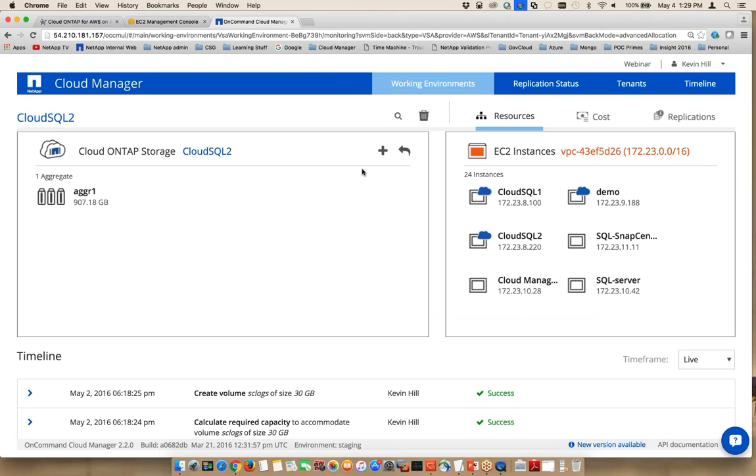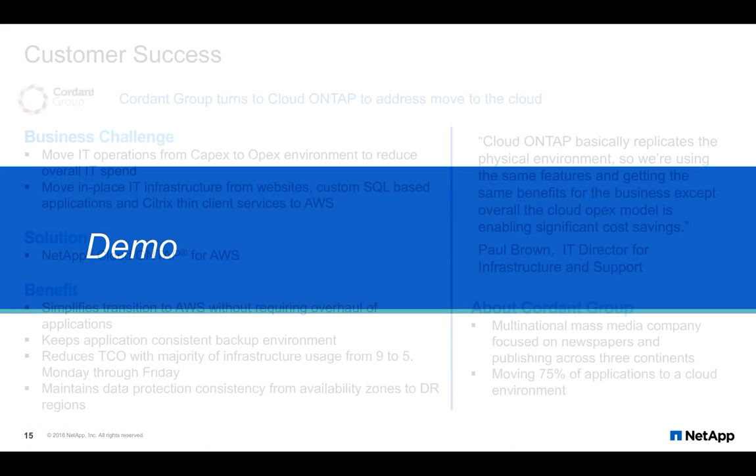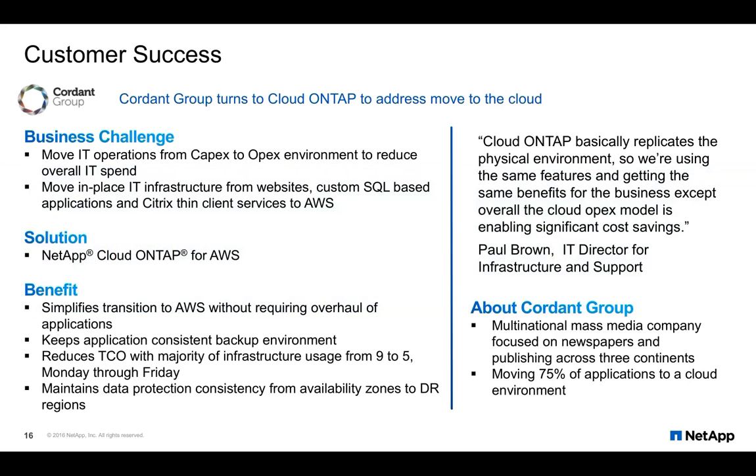With that, let's go back over. I also want to talk about where this is applicable. Who's using this? We work with a customer out of the UK, Cordant Group, and they had a challenge where they had a lot of acquisitions, so a lot of consolidation to do, as well as trying to go to the cloud. They're trying to move their SQL database applications up into RDS, and they're having some challenges with it. It was working okay, but they're having some server issues. They're using an older server